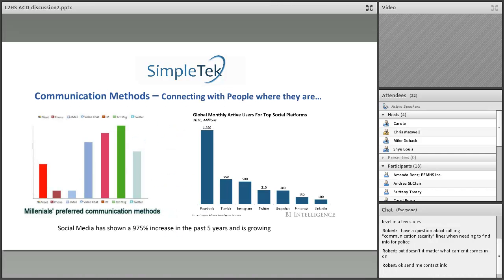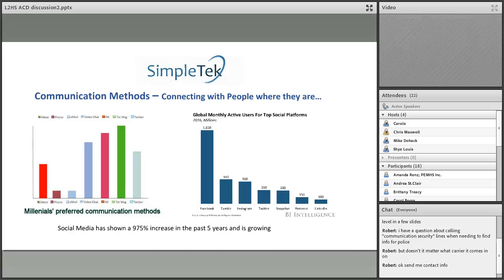From there, we say, okay, what do your people do? If you look at the millennials, text messaging is huge, social media is huge, instant messaging, but email and phone are down at the bottom, and those are the ones coming into this marketplace. We looked at social media platforms, and Facebook is obviously huge, and you can see the different social medias.